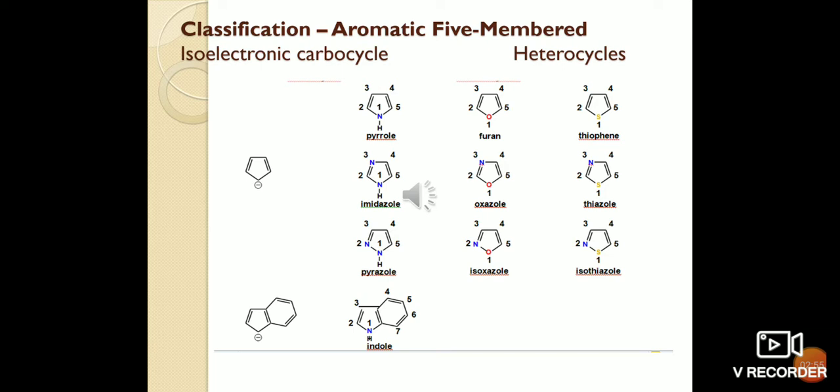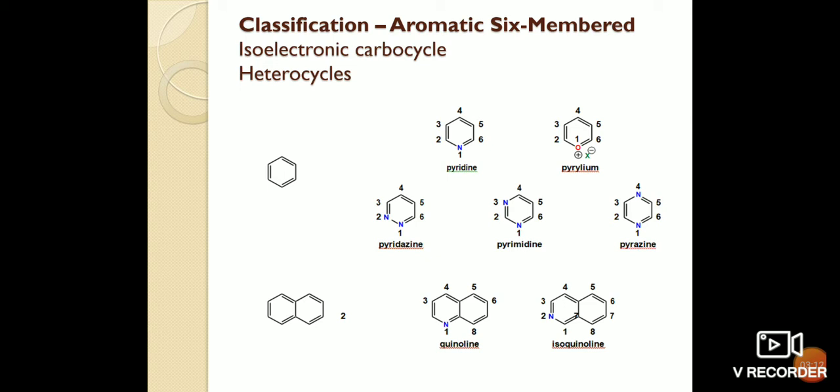Then there are fused systems. The fused system with a 5-membered ring with a 6-membered ring. The example is indole with nitrogen at position 1 in a 5-membered ring. Aromatic 6-membered compounds. Isoelectronic carbocycles and heterocycles again. Isoelectronic carbocycle is benzene and the fused system is naphthalene, whereas the heterocyclic compounds with a heteroatom nitrogen, the first